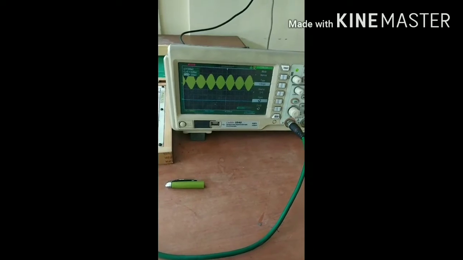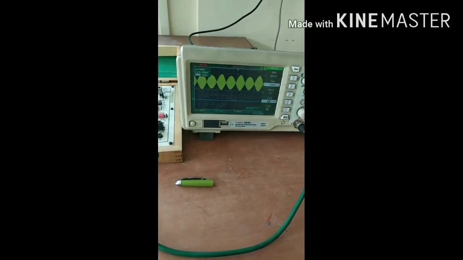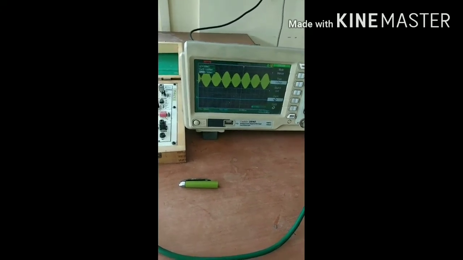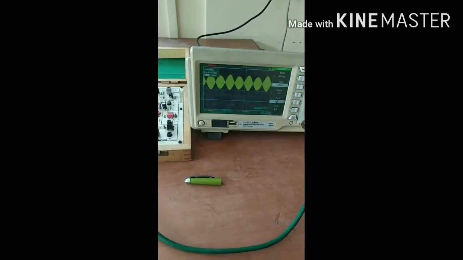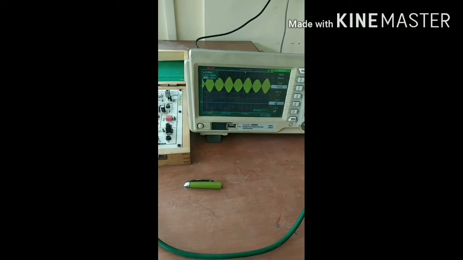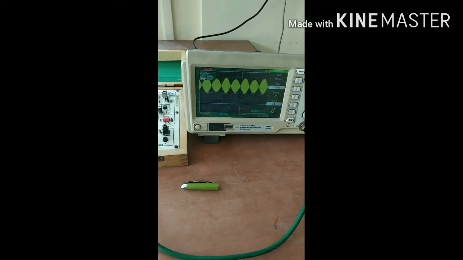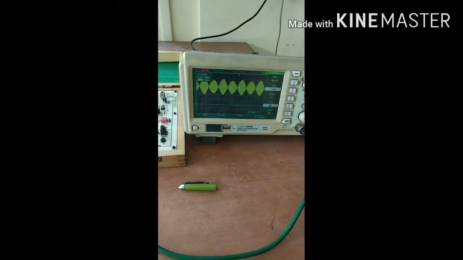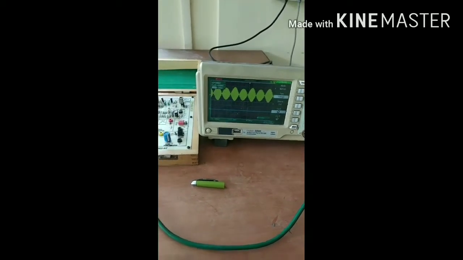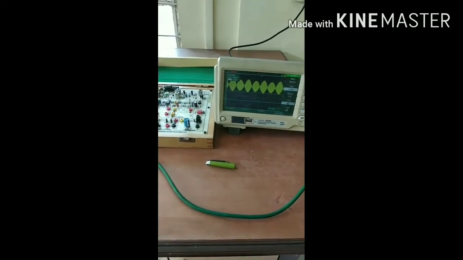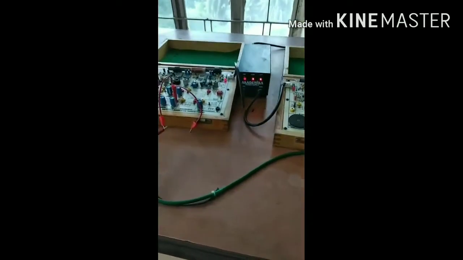There is greater than 1 for overmodulation, and less than 1 for undermodulation. Okay, these are the three types of modulation index.